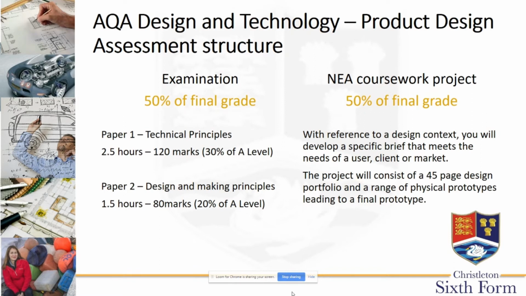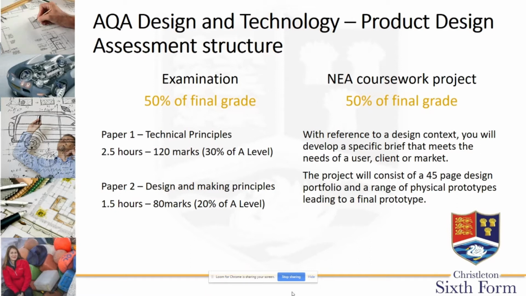So A-Level D&T at Christleton is the natural succession to GCSE D&T. We use the AQA exam board and it has a very similar layout to the GCSE course that you will have done. 50% of your final grade is your examination grade, and that is split up into two